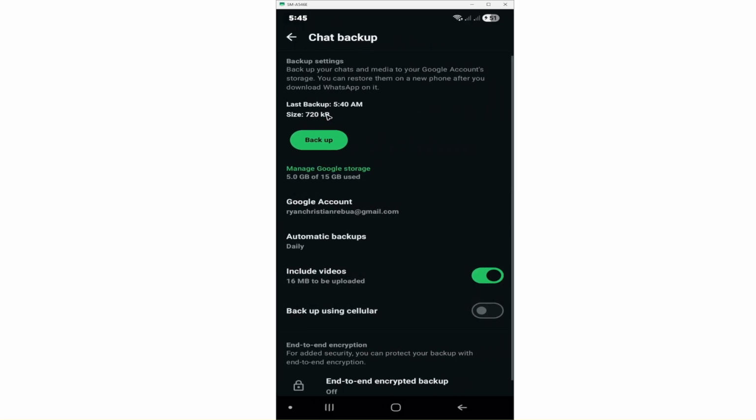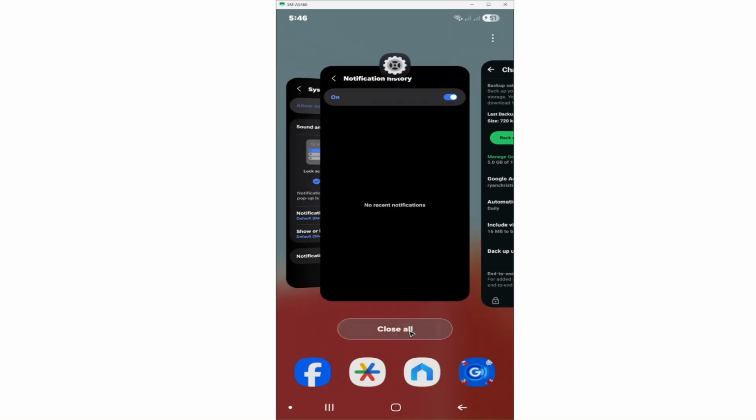All right. Now, this method right here works if your backup was created before the message was deleted. Okay, so go ahead and check the backup time. And again, if your backup was created before the message was deleted, you can just go ahead and uninstall WhatsApp